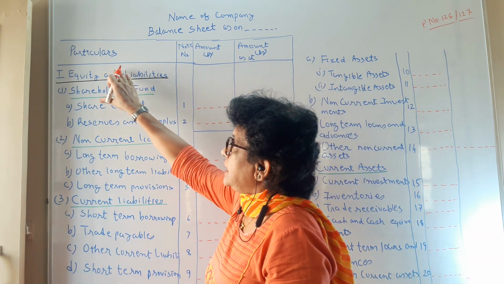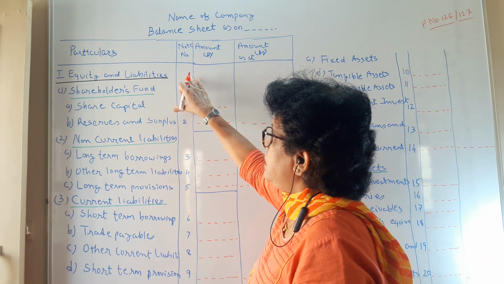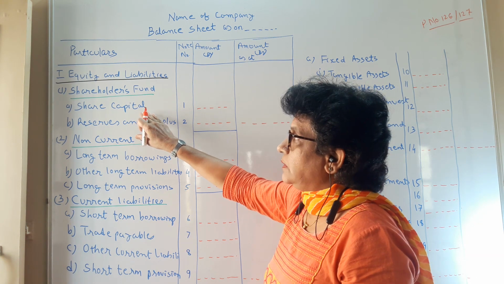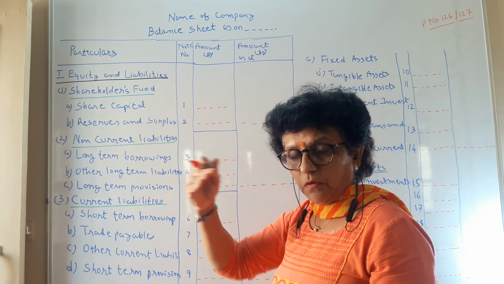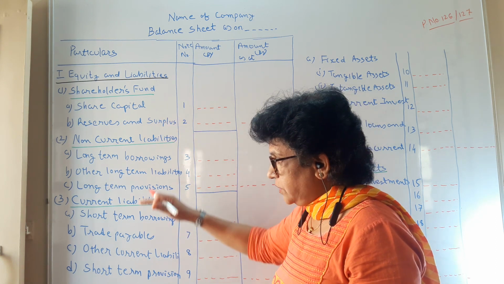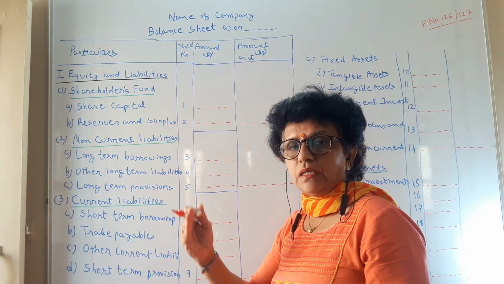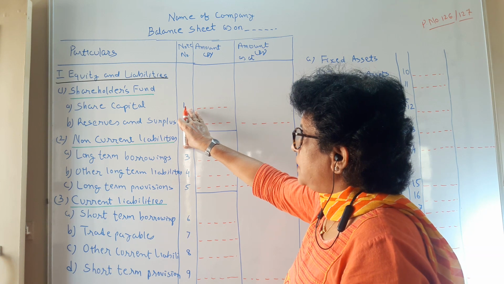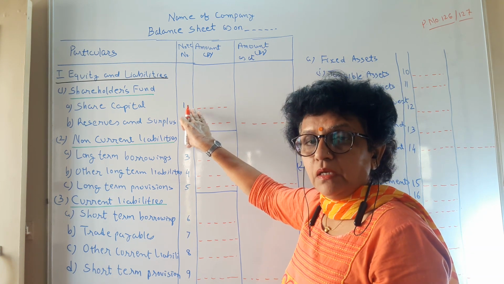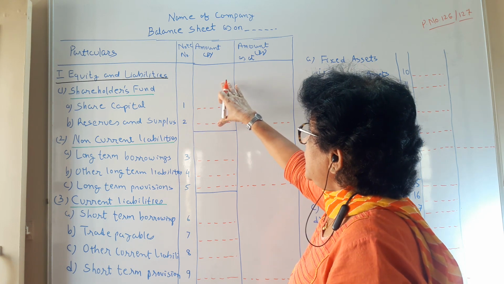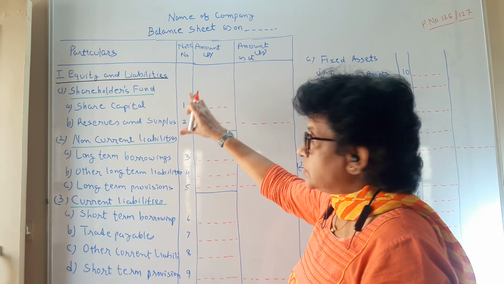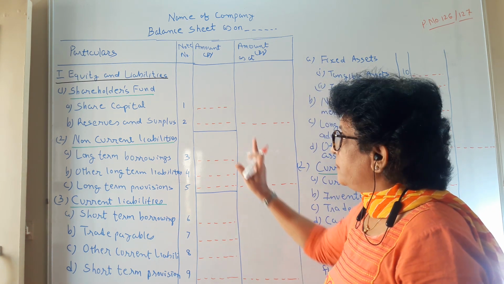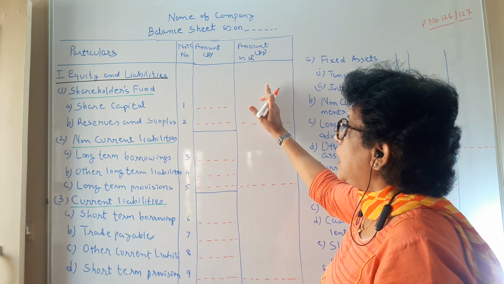We have the column side, the particular column, the note number. The note is very important because every particular matter you are writing has a number of sub points, and all the points you cannot jot down here. So you are attaching a separate note for every particular item. The note number is very important, which everyone has to refer to understand your document. Then we have the inner column of the figure, so that the presentation looks very neat and clean and you can easily understand. So one is the inner column, another is the outer column.